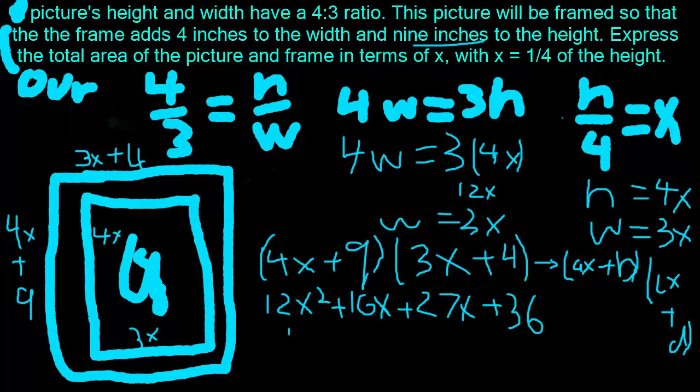And our final answer, we combine those two. Our outer terms never combine, so combine the two in the middle. 27 plus 16, hopefully you can do that in your head, that's 43, don't grab your calculator for that, plus 36. Congratulations, you have learned how